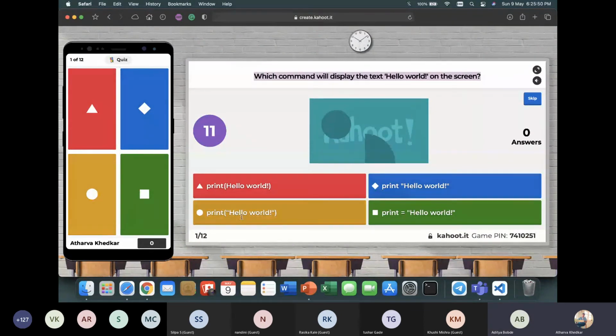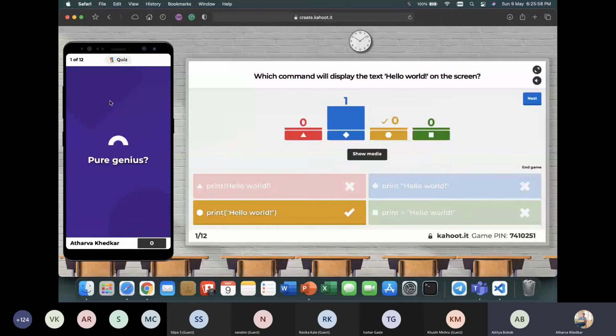You have to select the possible option, and if, suppose, it's blue, you can just click on the blue and check what the answer was. So just like this, the quiz is going to happen. And of course, we will see 1, 2, 3 on the podium, which you will see later.